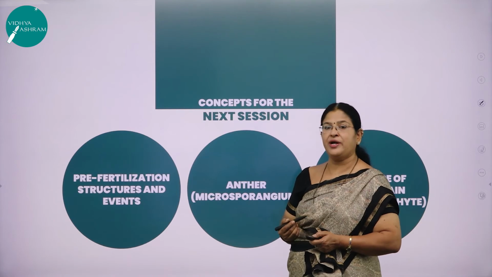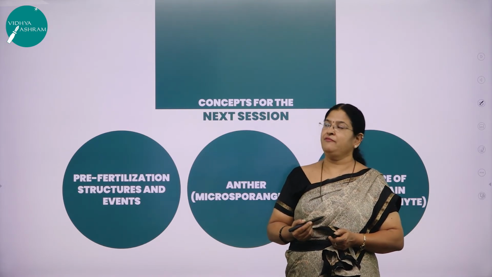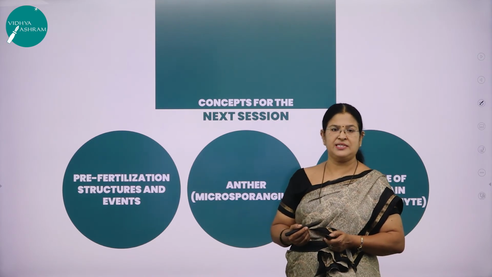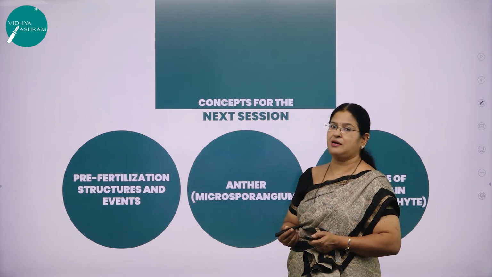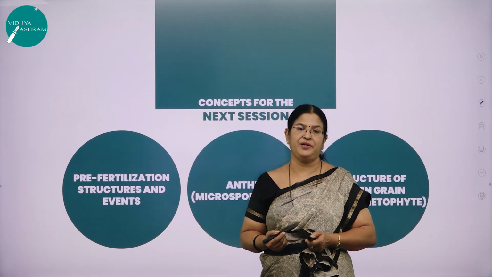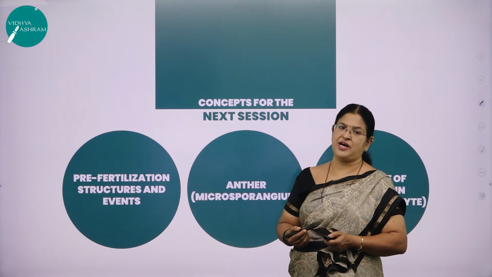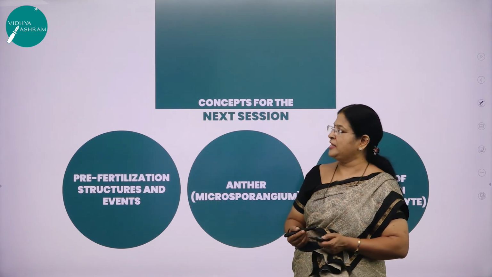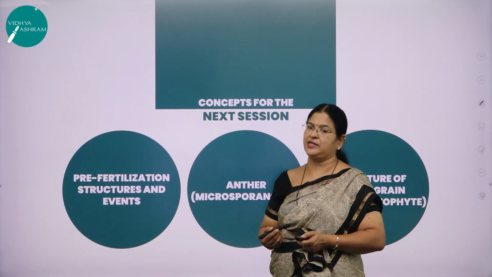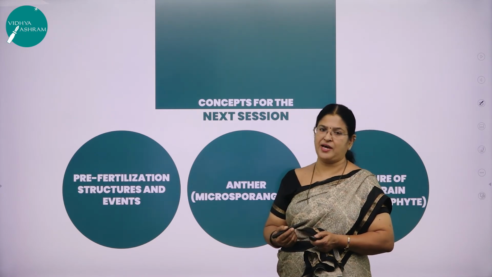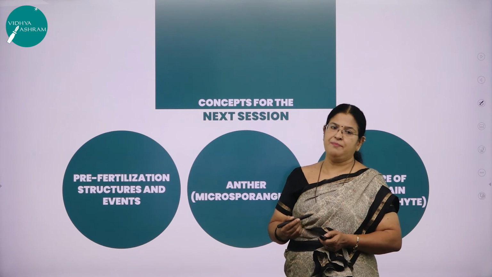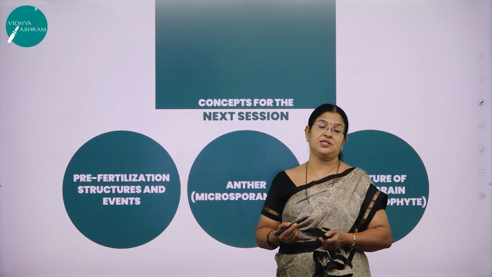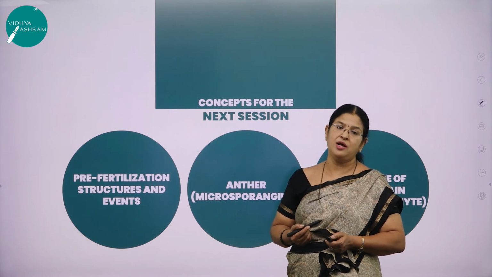We also learned when we call a flower a complete flower. We call a flower a complete flower when all the 4 whorls of a flower are present in a single flower. For example, what is the classical example you are going to give for a complete flower? A typical bisexual flower like hibiscus, right? Then a unisexual flower is an example of an incomplete flower. For example, like papaya, either it will be a male or a female flower. So either one of the whorls will be missing, right? And as I said, the flower also produces what? The scent, the sweet smell to attract the insects for pollination.